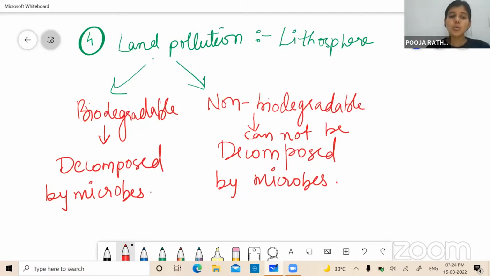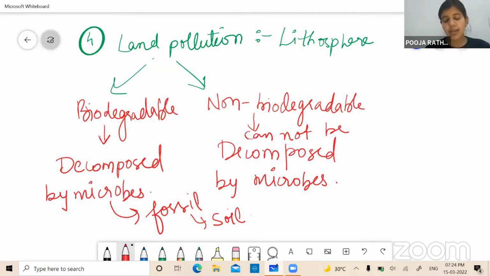After a month or two, that biodegradable waste will convert into manure, and it will not harm the soil, it will just improve its fertility. If the decomposable waste does not contain any chemicals, then it will be good for soil. But non-biodegradable waste,